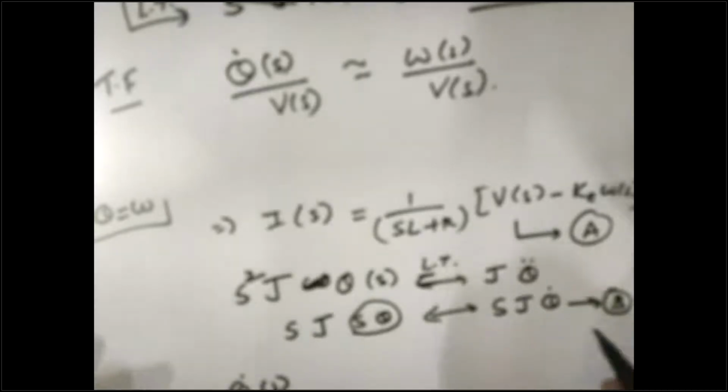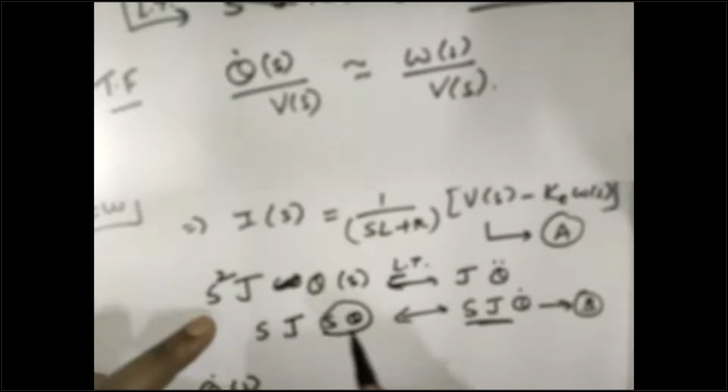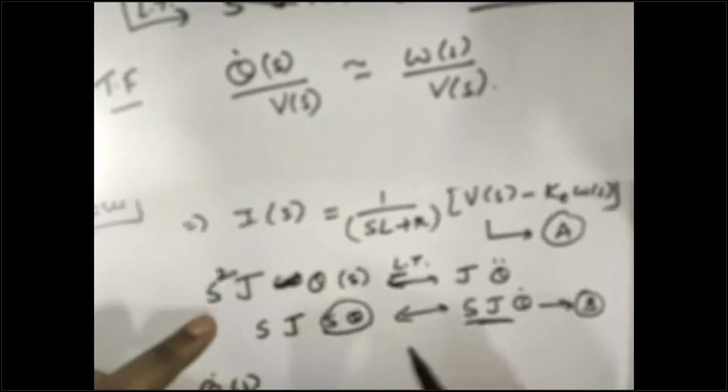Theta dot of s, from where will you be getting? You will be getting it from this particular expression. So wherever you have seen here s square J theta, from our earlier equation, from this particular equation,